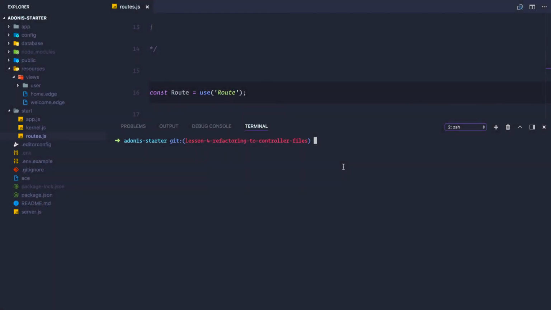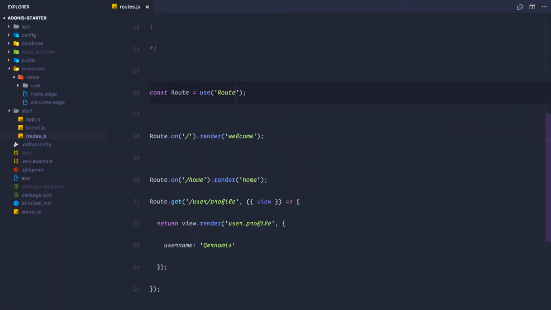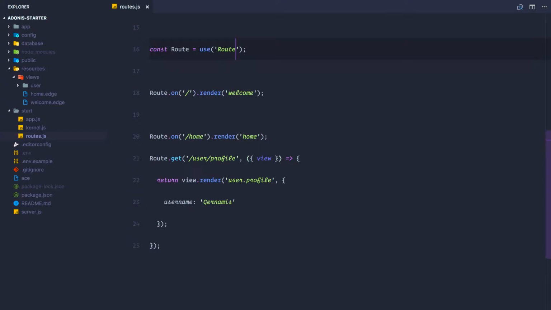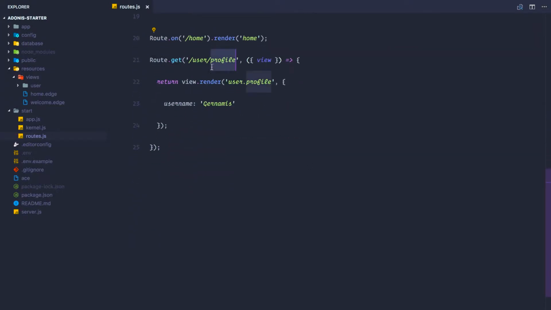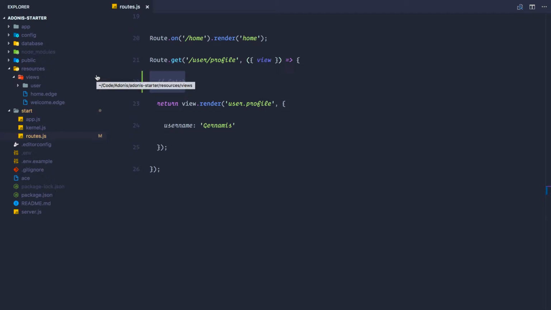Alright, let's talk about controller files. If you've noticed, our route file is starting to get messy. For example, when we wanted to display this view, we had to pass some data. So what if we had to fetch that data from the database or from an API right here before actually displaying this view? We are going to have a lot of lines of code right here, which is going to